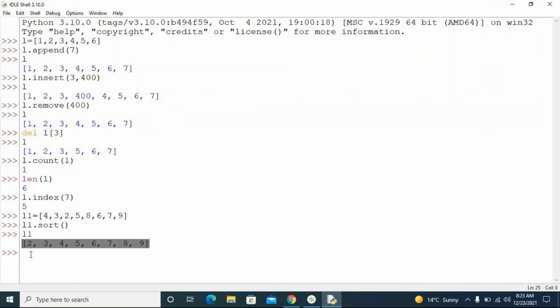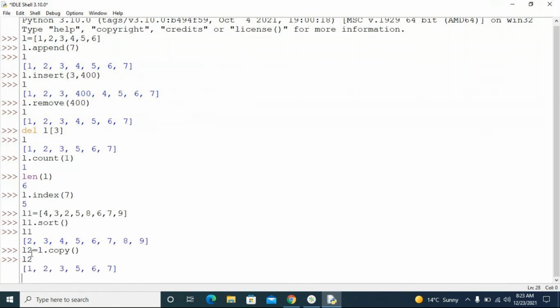Similarly, if I want to say L dot copy, so I am going to take L2. L2 is one more array. Okay. So if I say L dot copy, what is happening here? I'm going to copy all the elements which are there in L. Okay, L, not L1. See what I'm doing? I'm going to copy the L. So if I print L2, L2 is same as L. Okay, L is also same.